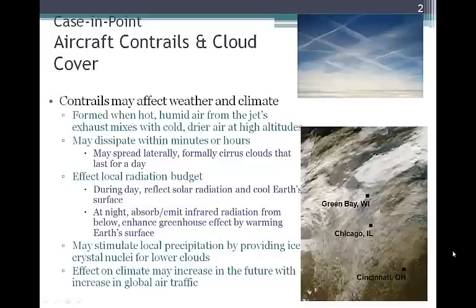cloud cover. So you probably have noticed this if you live over an area where there's a lot of air traffic, like we do in Arizona. There's a lot of air traffic on the way to and from Los Angeles and Phoenix, and so you see these contrails in the sky. Sometimes you see them developing as the plane's flying over, and if atmospheric conditions are right, the contrails will stick around. Instead of dissipating, they will stick around, and they can actually spread out and develop into high-level cirrus clouds